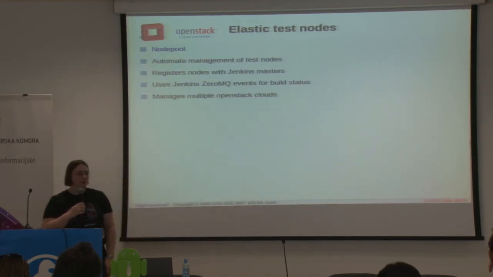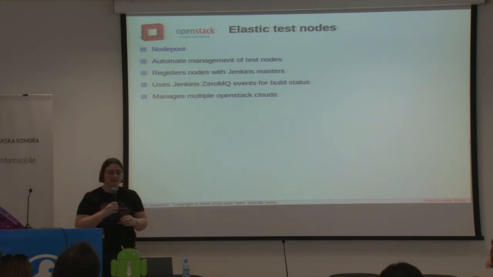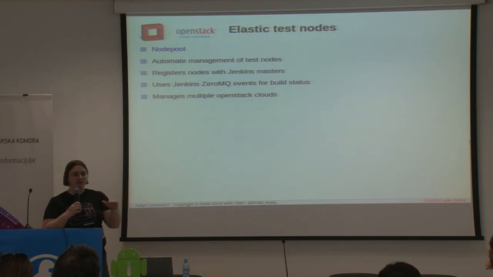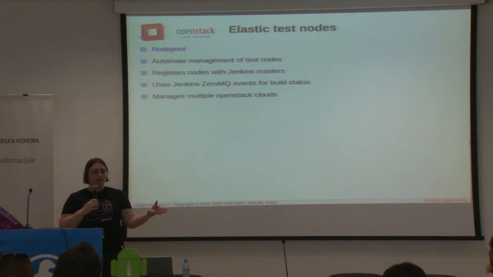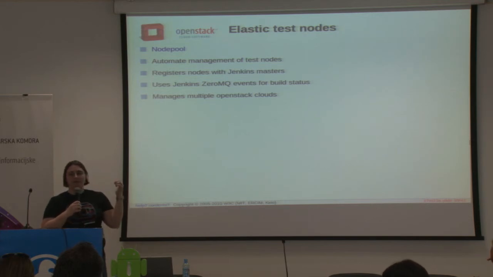These are managed by a tool called NodePool. NodePool will identify when a test has completed, or it'll see when a test comes in. The test will be running on the server. It takes about 45 minutes to run a full OpenStack test. Once the test is complete and the logs have been uploaded to our log server, NodePool will be notified of that, and it will destroy the VM, because again, we're not reusing them. And then it'll grab the image that we created, that once daily image, and flash a new server and prepare that so it's ready for the next test to come. So this is a fleet of servers, 800 servers